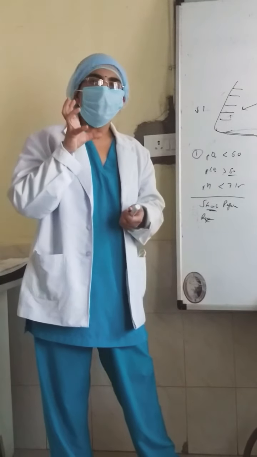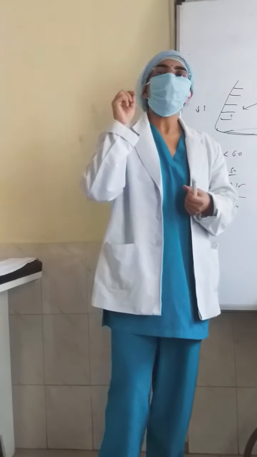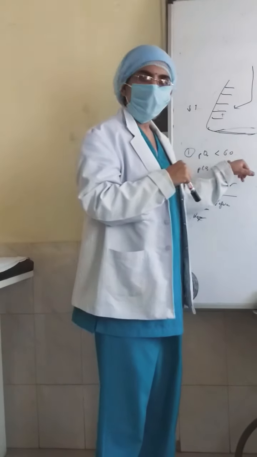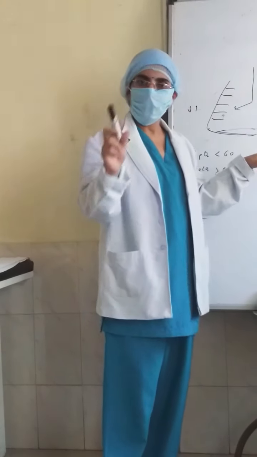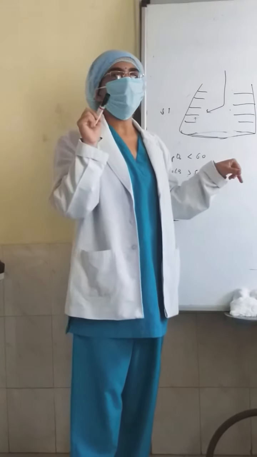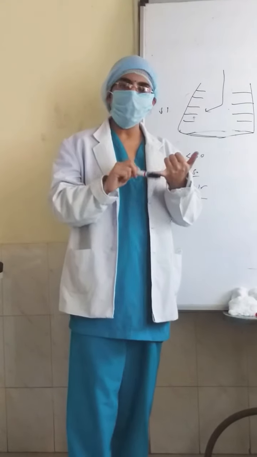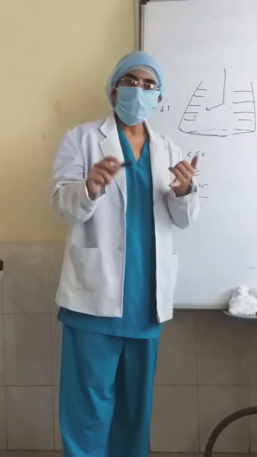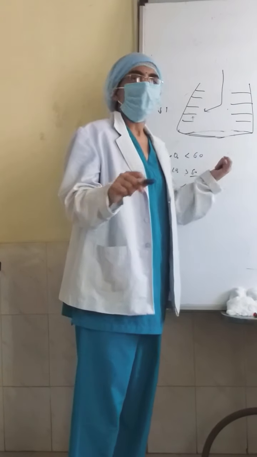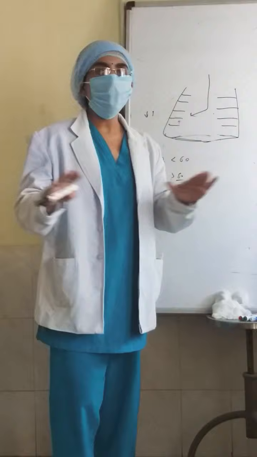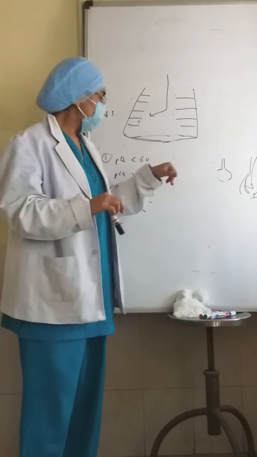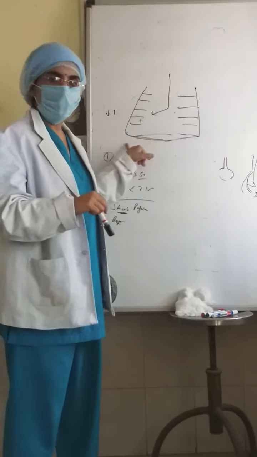so that our other organ systems should not fail. The most important objective of ventilation is to prevent hypoxemia, because hypoxemia is going to affect all your organ systems. Whatever may be the reason for hypoxia, it is going to affect your kidney, your brain, and your heart. So we don't want any of the consequences of hypoxemia to happen. That's why we are going to initiate the ventilation, irrespective of underlying etiology. What the etiology is, we don't know. What we are worried about is that hypoxemia should not happen. So this is the strongest reason for ventilation.